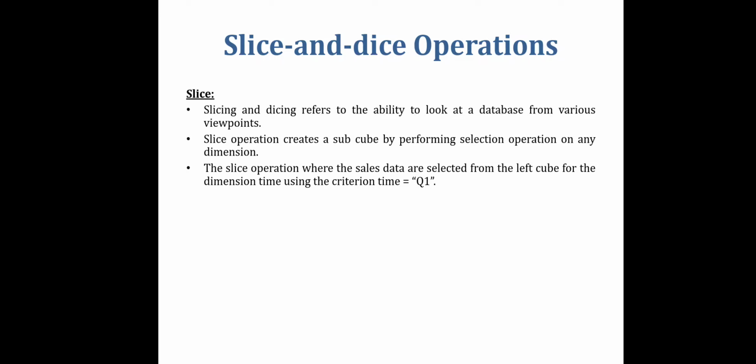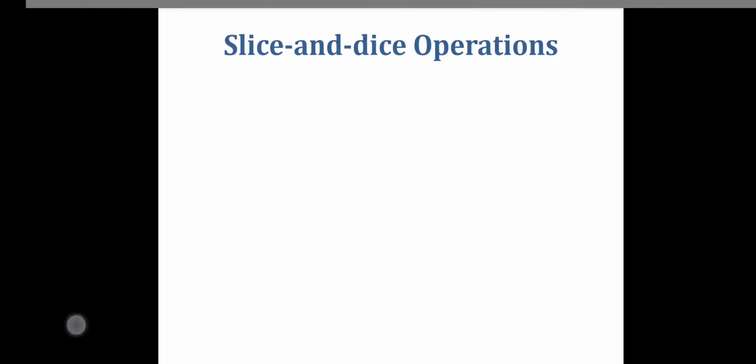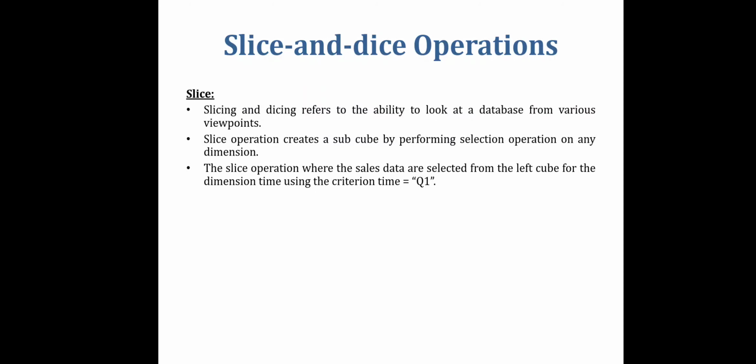Suppose we have to perform the slice operation that creates the subcube by performing a selection on any dimension. Okay. So, what dimension have I chosen over here? The time dimension. So, I am working on the time dimension of that cells data, and the time dimension is again given in quarters Q1, Q2, Q3 and Q4. So, from that I have selected Q1 as the time dimension over here for slicing. With that we will see the dice operation also, and then we will see the example.